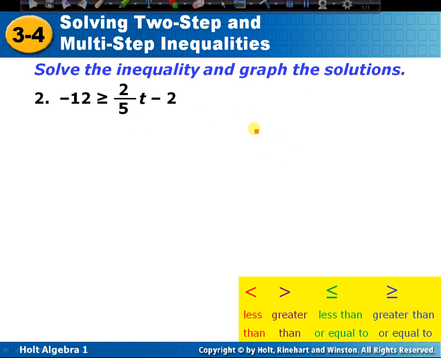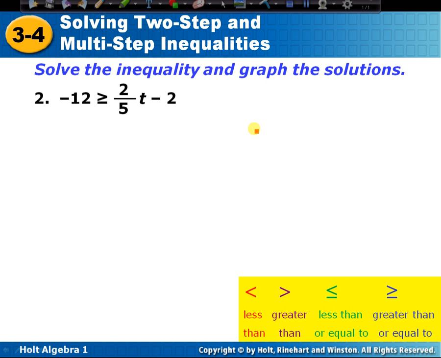All right, let's look at number 2. Go ahead and write it down. You have -12 is greater than or equal to 2 over 5t minus 2. Now we have this issue here where we look at this problem and we see a fraction and we completely and totally shut down. There's no way we can work that problem because there's a fraction in it. It's not that complicated. And as you may have guessed, we're going to actually show you how to work it